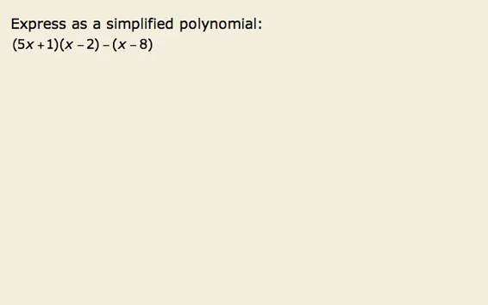In this problem, we're asked to express as a simplified polynomial this quantity shown here. And what they're actually asking us to do is to do the math. There's multiplication implied right here and subtraction implied here. And then write it as a simplified polynomial. And I'm assuming standard form here, which means highest exponent term, then the next, and then the next on down